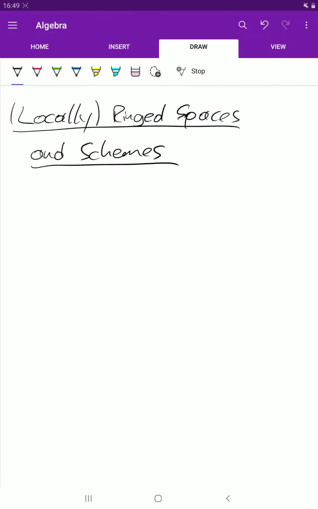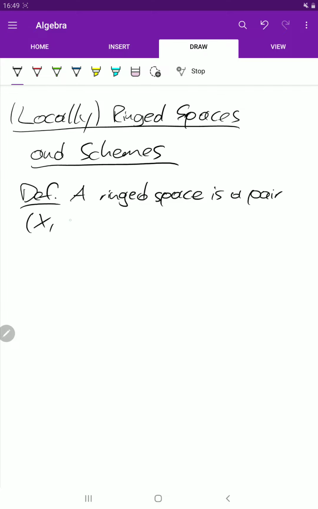Hello, today we're going to talk about locally ringed spaces and we'll finally see what a scheme is. So let's start with the definition of a ringed space. That's quite simple. That's just a pair (X, O_X), where X is a topological space together with a sheaf on X, and the sheaf is a sheaf of rings.